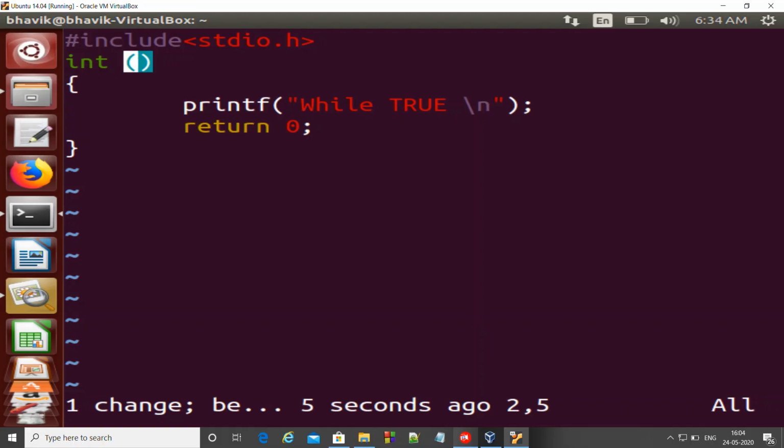Similar to the command we saw last, we have another command, db. What db does is it deletes the content on the left side of the cursor. Suppose you want to delete return. You need to place your cursor in between return and 0 and then do escape and then db. In this way, return is deleted. So the db command can be used to delete the content on the left side of the cursor.